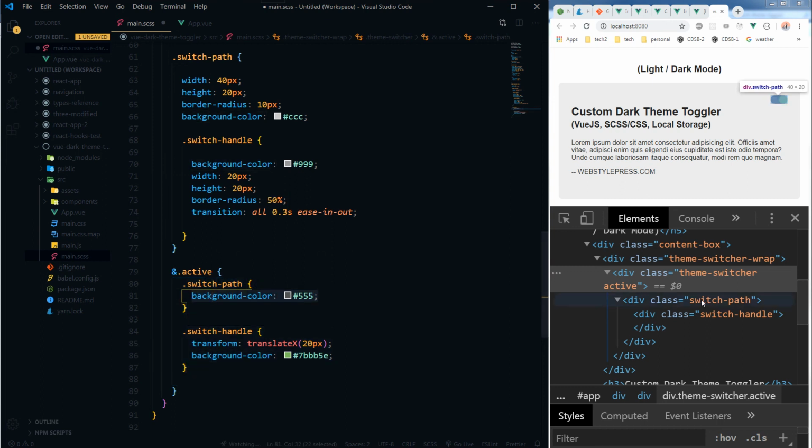This is the switch path, and this is the switch handle, that is the circle, that will translate X. It will transform, it will go towards positive X 20 pixels, and then its background color will change. This circle is changing its background color to green, and then it is moving towards